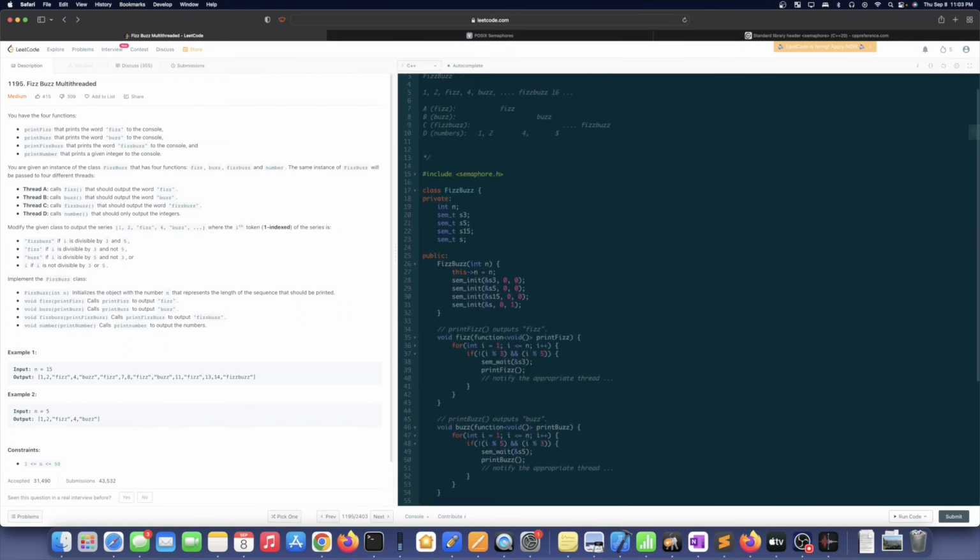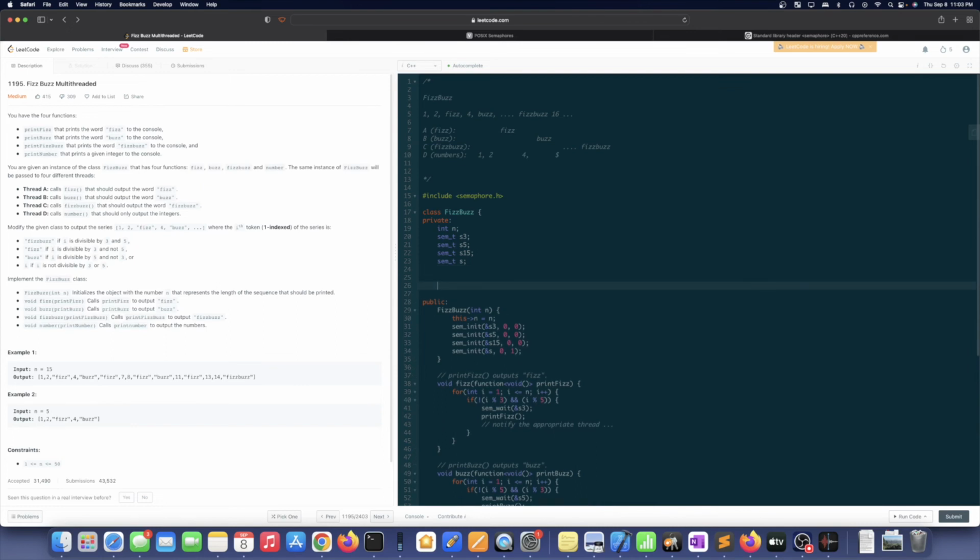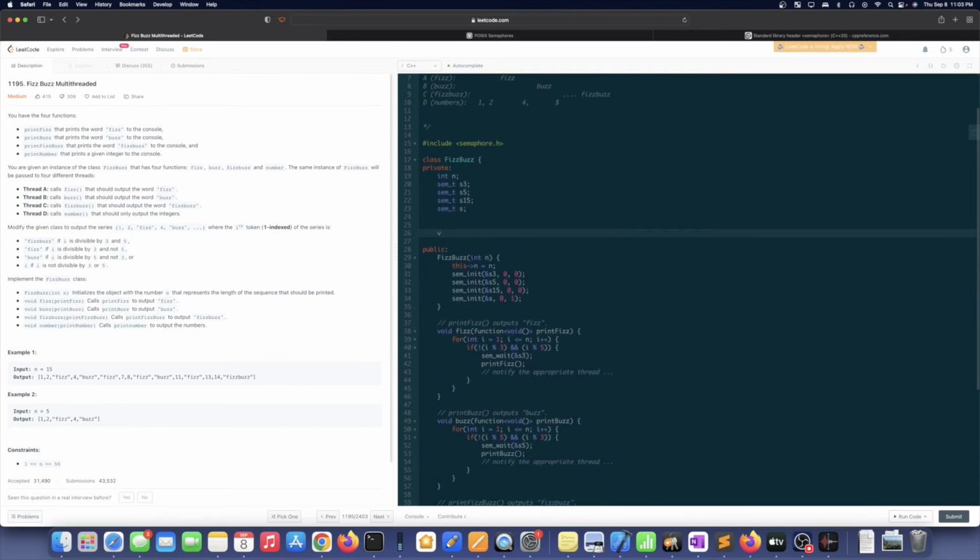And notify, how we would want to implement something that actually calls sem post. Notify, what arguments should it take? Well,